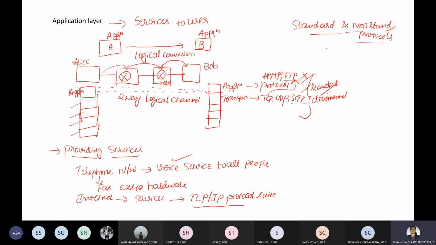And when I talk about standard protocols, there are several application layer protocols that have been standardized and documented by the internet authority. We use them in our daily interactions whenever we use the internet, for example Gmail, or HTTPS for all website pages.